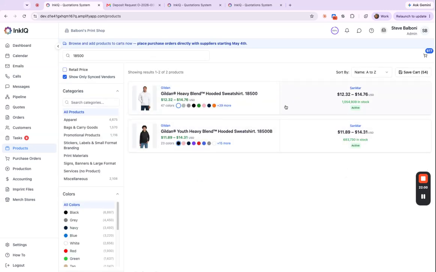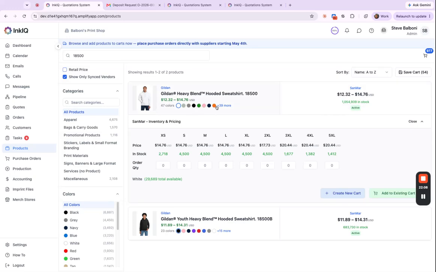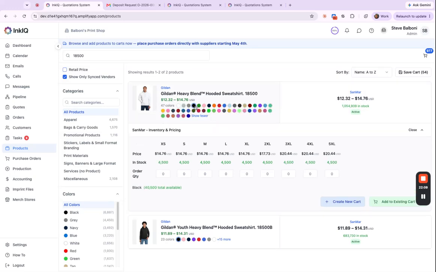So let's say the Gildan 1850. You could select your supplier and add the garment to cart. You could either create a new cart or add them to an existing cart. If you're going with Sanmar, you could add them to an existing Sanmar cart. If you're going with SS Activewear, you could add them to an existing SS Activewear cart. Or two,